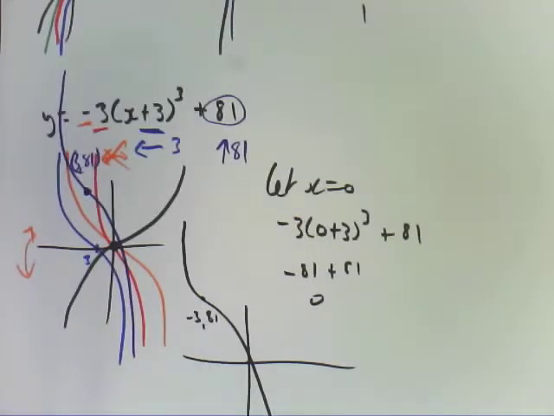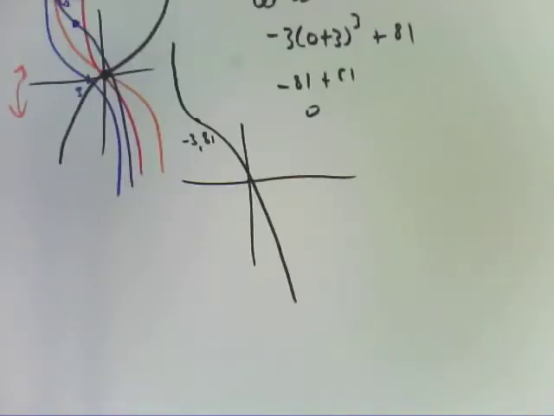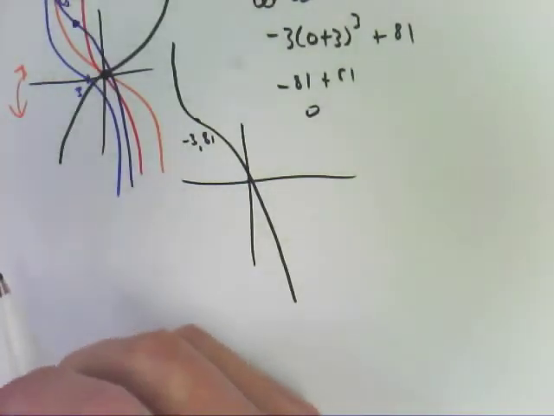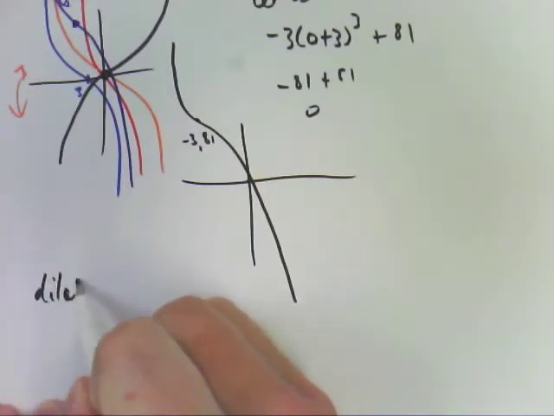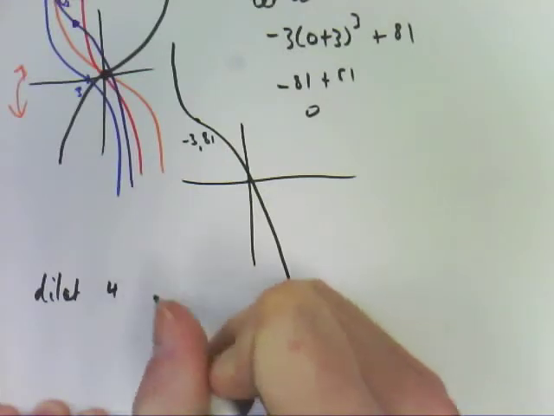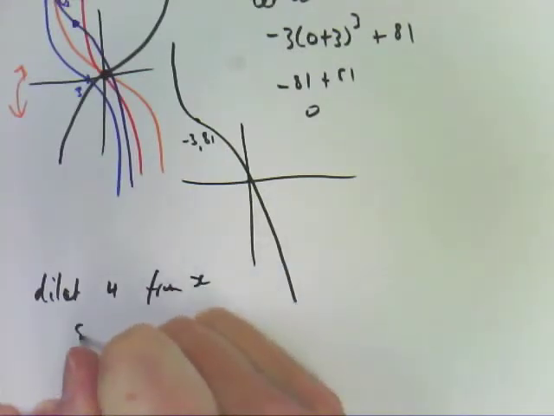All right. Okay, the last thing we may need to do for this exercise is work backwards. So if you have a look at question 7 or even question 6, it talks about suggest an equation for this. What is the equation for these graphs? So I'm not going to do question 6, but we'll have a look at question 7. It says dilation of 4 from x, stationary point